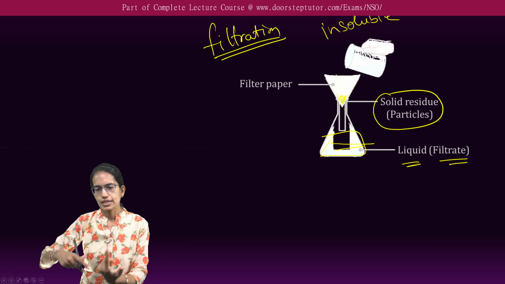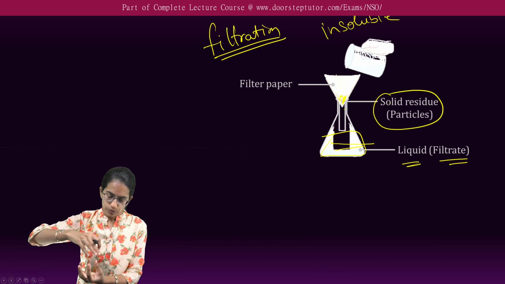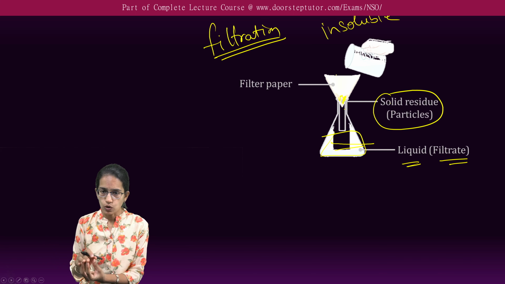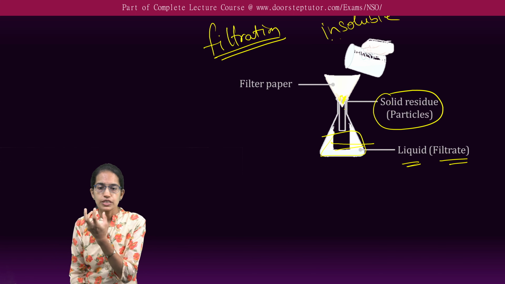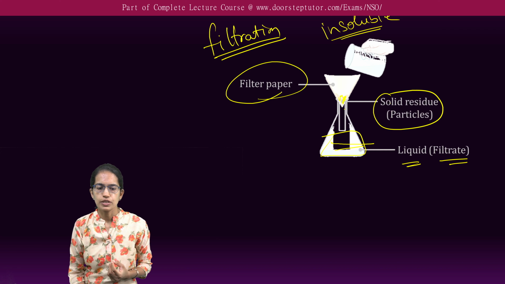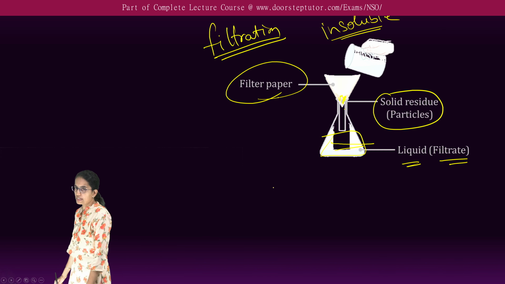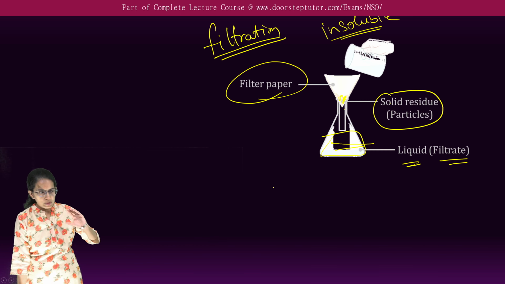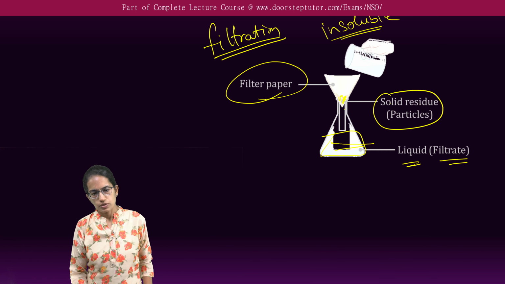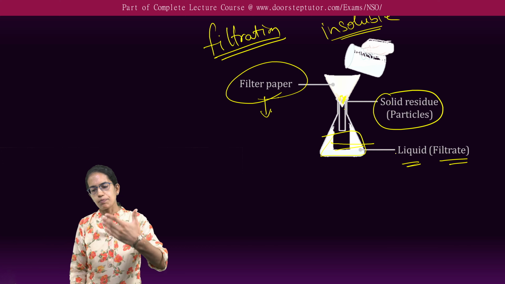The white paper that I am putting here so that the insoluble substances which cannot be dissolved remain above is known as filter paper, and this whole process is called filtration. So from a porous membrane like that in the filter paper, I am separating the liquid